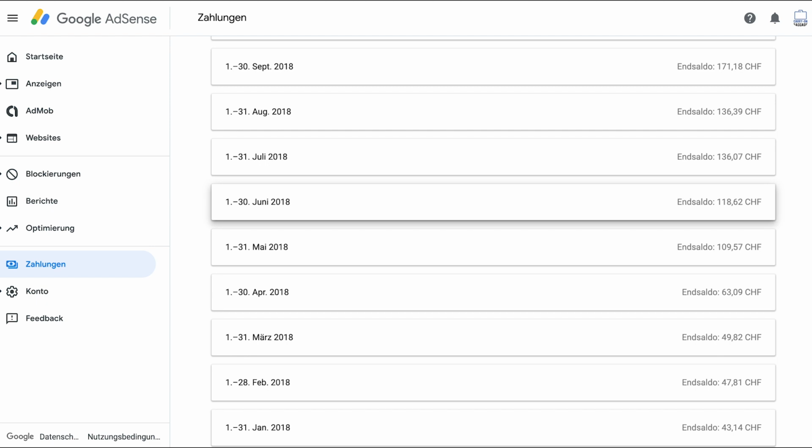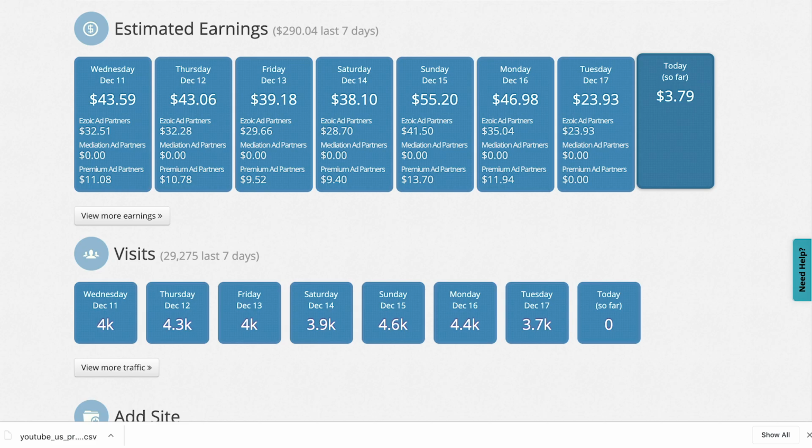Let me now show you my daily earnings with Ezoic. This is a screenshot straight out of my Ezoic account. You can see here that at the moment every day I earn about $40 to almost $60 a day. And during summer this was actually even better. It was about $55 to $75 because there is quite a lot of seasonality in my niche, so I generally get more traffic in summer.